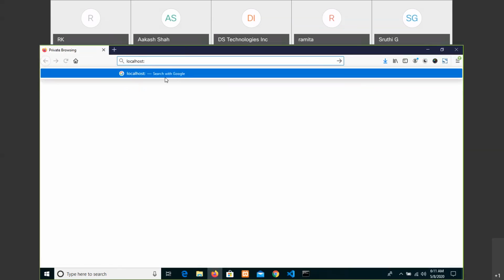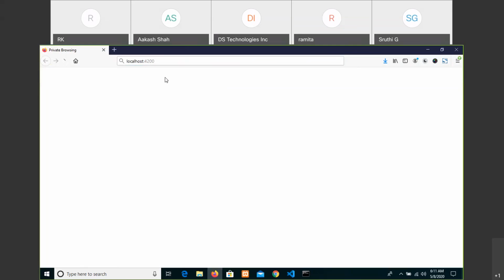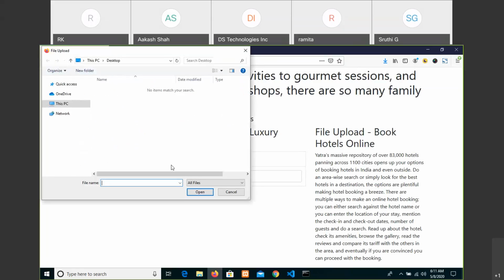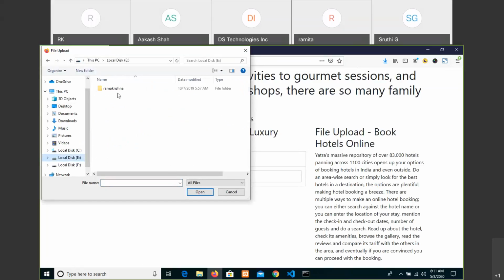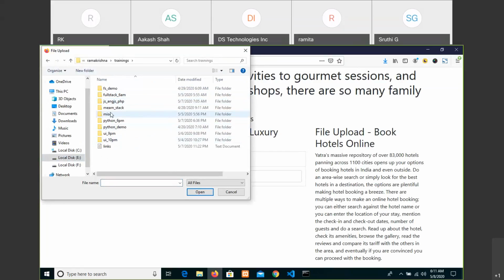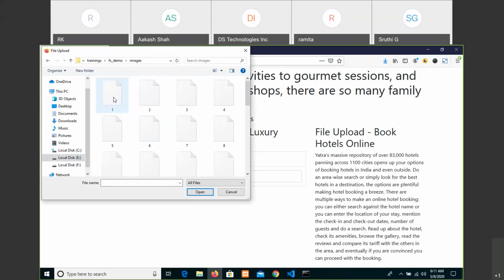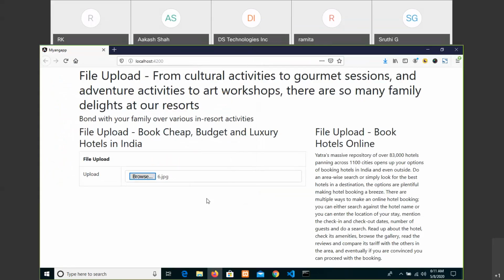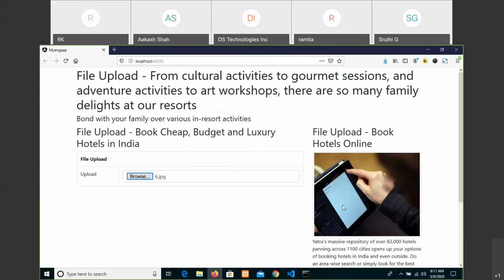localhost 4200 right now. Just to see that out. Okay, right. Now